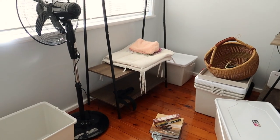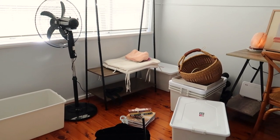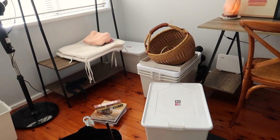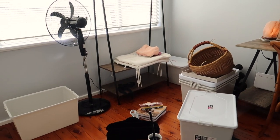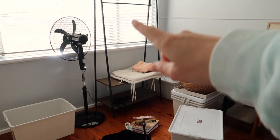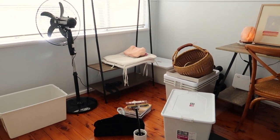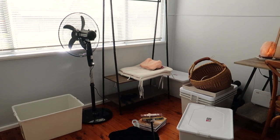So this is the current space in my study at the moment. It's an absolute mess, which is part of why I really needed to clean today. So I've got all of these big 53-litre storage boxes, and I'm going to be putting them up top of my cupboard, and I just really need to tidy this space and use a bit of storage situations. So this rack I'm going to put out in the laundry. I think most of the boxes are going to go on top of the cupboard with a whole heap of stuff in them. Unfortunately, that fan I think is just going to have to stay here in the study,